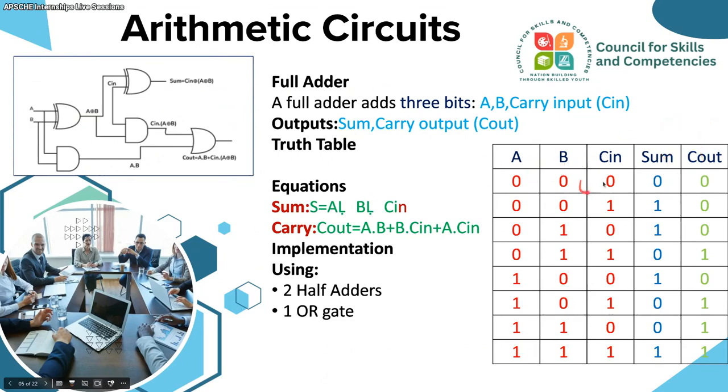So this is the truth table. With 3 inputs, when we add all 3, the sum is 0 and the carry is also 0. When we add this, the sum is 1 but the carry is 0. If you don't know how to write this, then it is really a problem. The truth table is the base, because for the full adder, we are